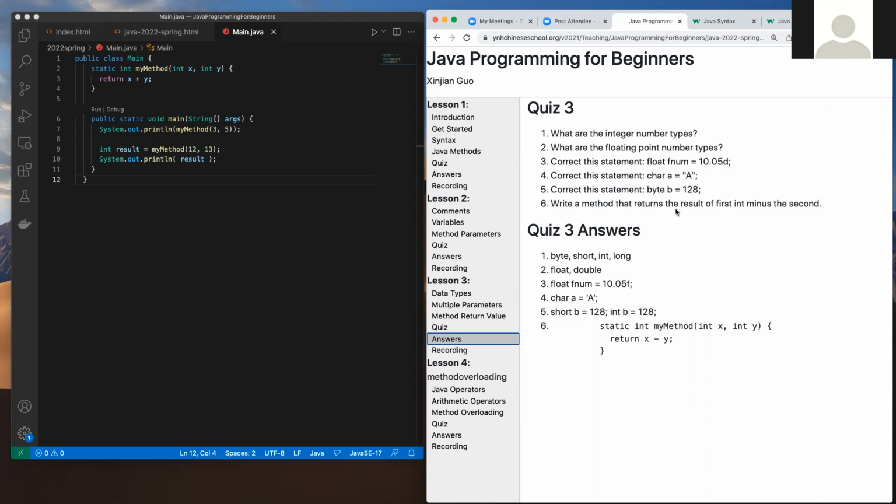Write a method that returns the result of the first int minus a second. Okay, yeah, let's just do a function, do the minus. So you have two numbers, x minus y, and return an int value. So,